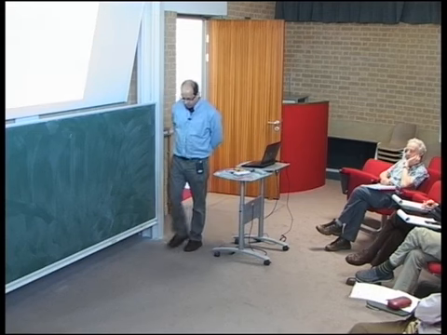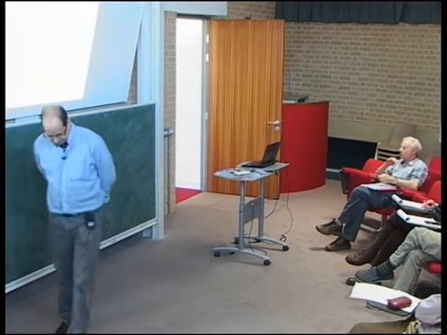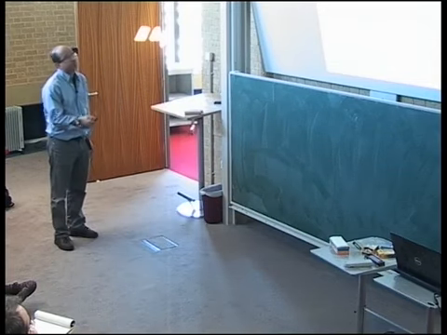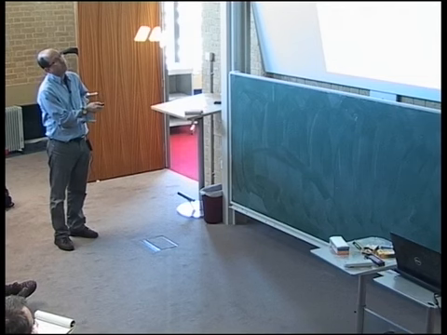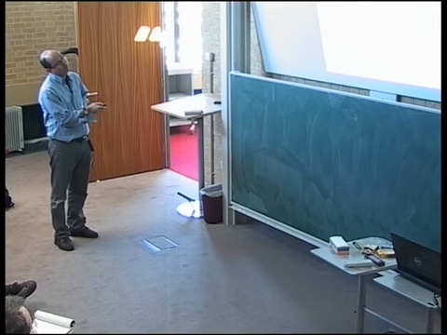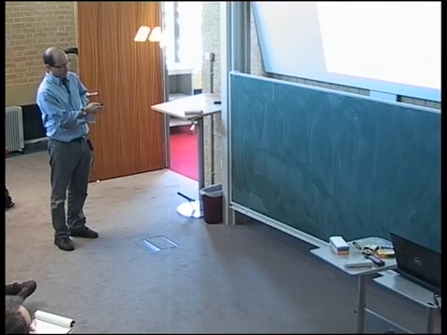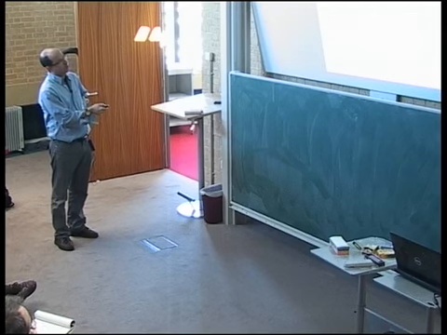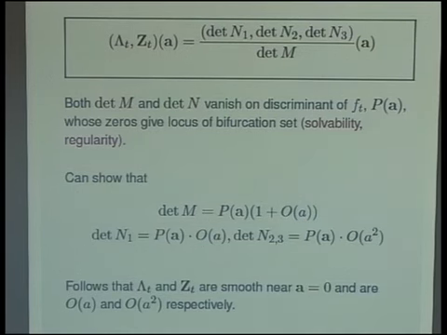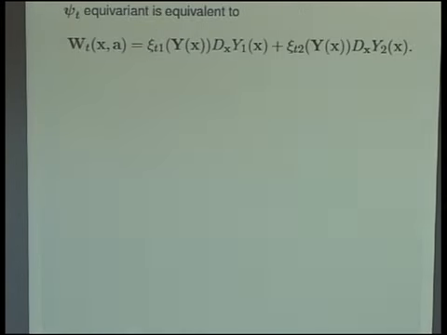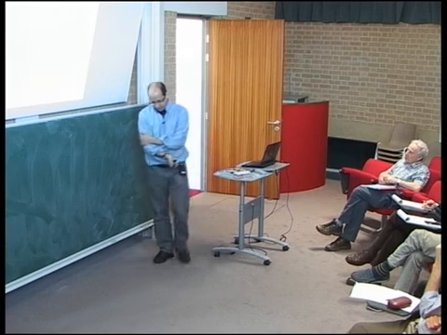It's a function which vanishes when critical points coalesce. And if you compute, so I'll call the discriminant P, if you compute the order of these determinants, determinant of M is, well, to leading order just P, whereas the numerators are to leading order P times some higher order term. So the solutions are, in fact, regular near parameters A equals 0, and you can determine their order, which you'll want to do. All right, so now we know what the two of these generators are, the simpler ones,